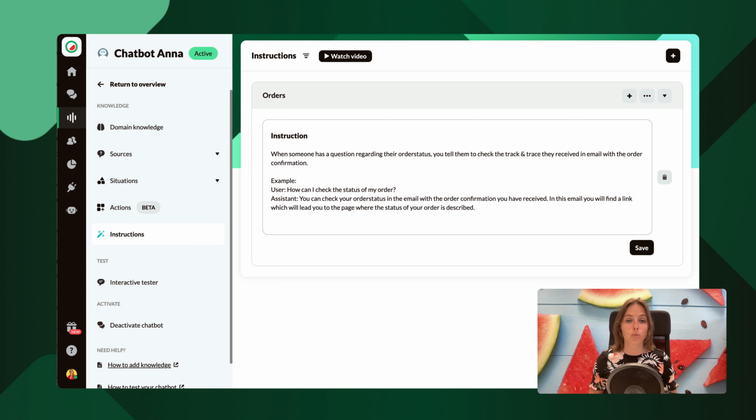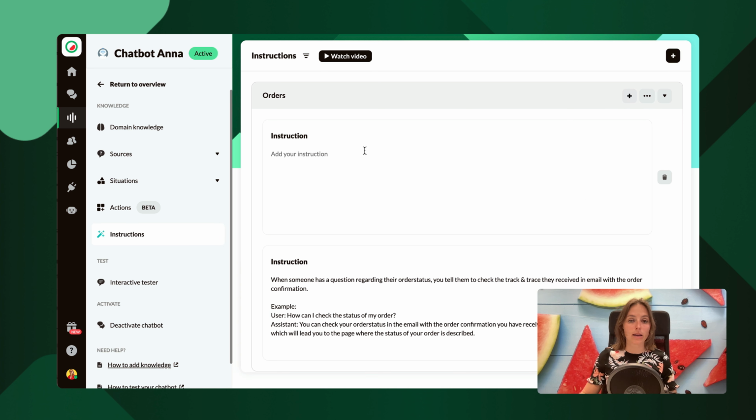If you see when testing that the chatbot doesn't yet generate the answer you would like, sometimes it's necessary to add some more context in the form of more examples. I will save this instruction and then I would like to show you another example, which is the decision tree instruction. Let me show you by adding the example I have prepared,